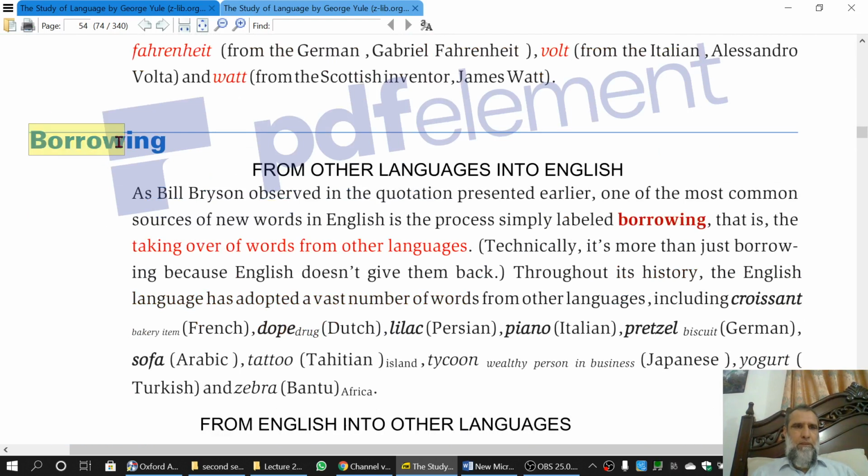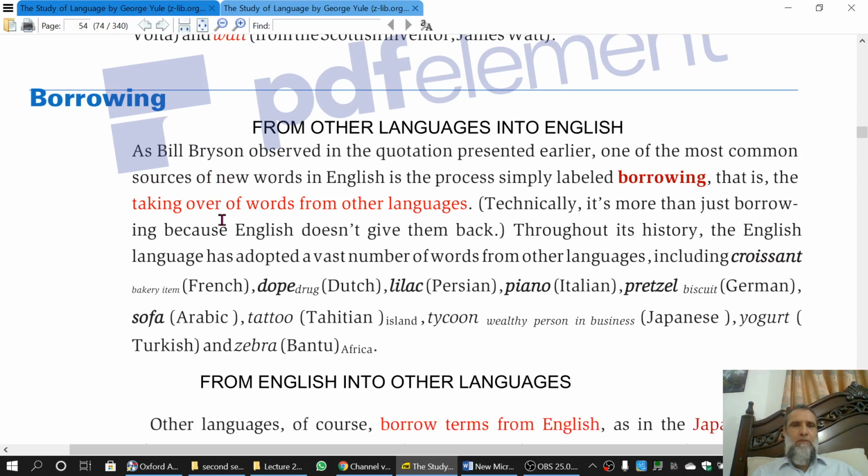Borrowing, in simple English, this word is used. For example, you borrow something or you borrow money from someone. The opposite is lend. When you borrow, you take it. When you lend, you give it. So this is taking. We will discuss it,